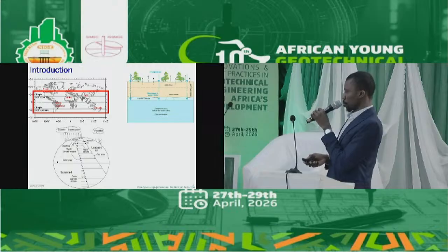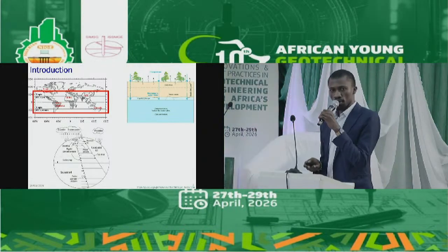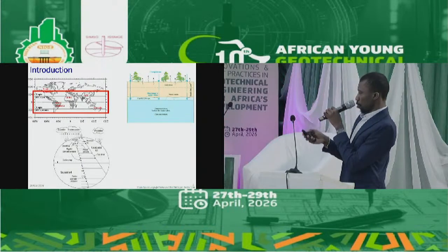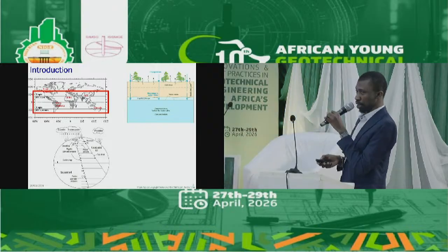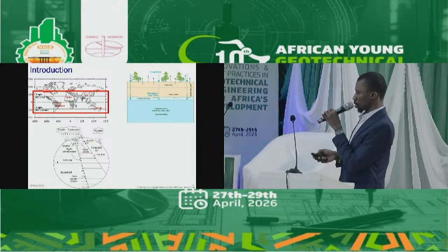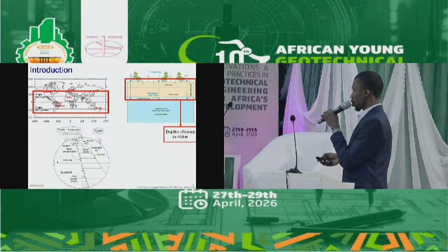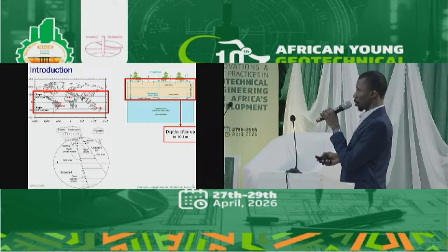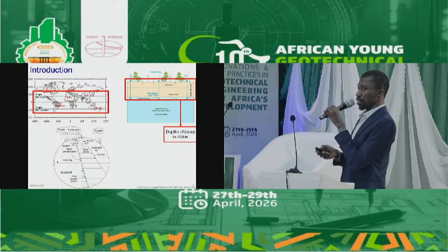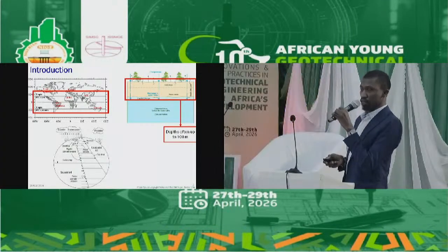Within the tropical region of the world, that is where we find unsaturated soil mostly because of the prevailing climatic conditions we have in this area. We can see the tropical region of the world: Africa is largely in the tropical region, northern part of Brazil, southern part of North America, and some parts of Asia and Oceania. Unsaturated soil within this region spans many depths, sometimes even up to 100 meters, because normally we have a very high rainy season within the period, and sometimes we also have a long dry season, which accounts